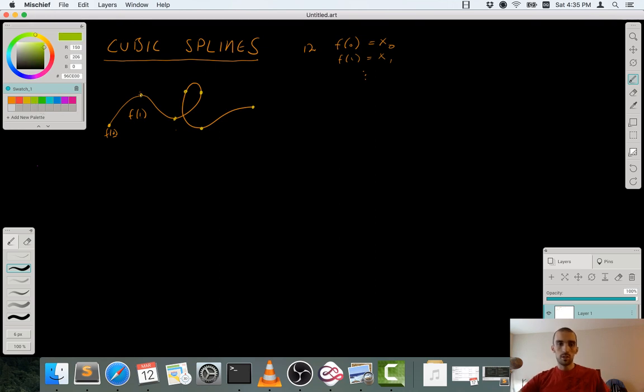We also want the speed as you are heading into this point to be the same as the speed as you're heading out of that point. And the acceleration when you're heading into that point should be the same as the acceleration when you're heading out of that point. So that is 1, 2, 3, 4, 5, 10 more constraints. And they're going to look something like this. The speed at time 0,